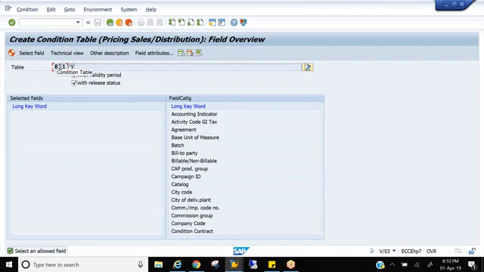So 831 is the table I want to create. In this table, now we need to place fields. What is the table which we learned in the last session? A table is a combination of fields, right? So let us put fields in this table. How do we put fields into this table? If you see here, you have something called selected fields, and on the right side, you have the field catalog. What do you mean by catalog in general? Anyone? What do you mean by catalog?